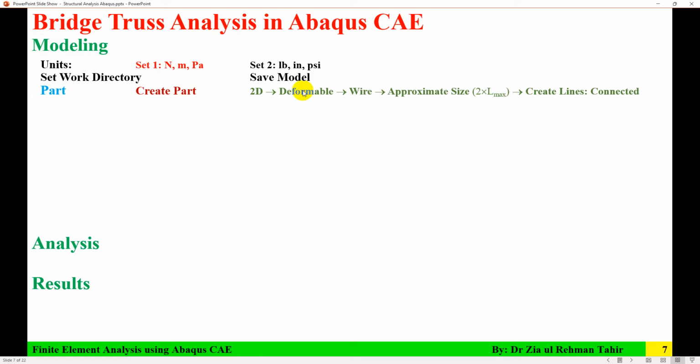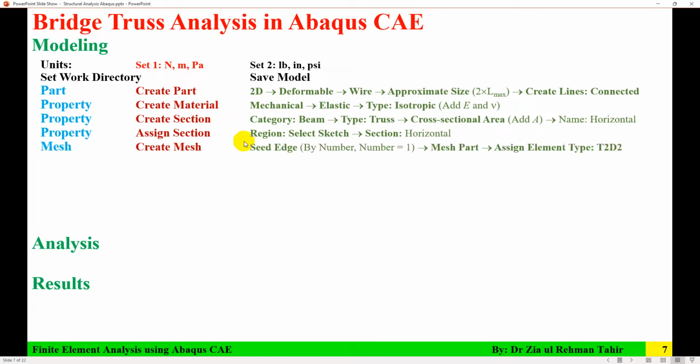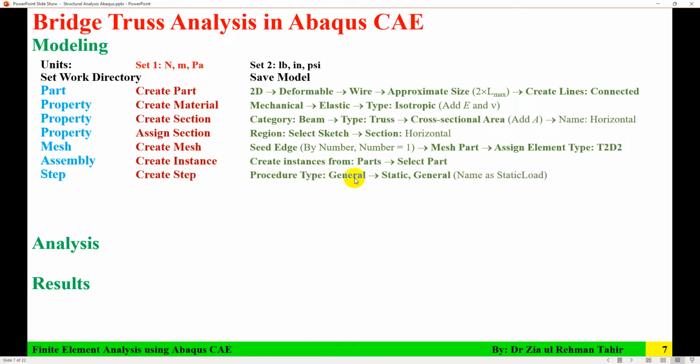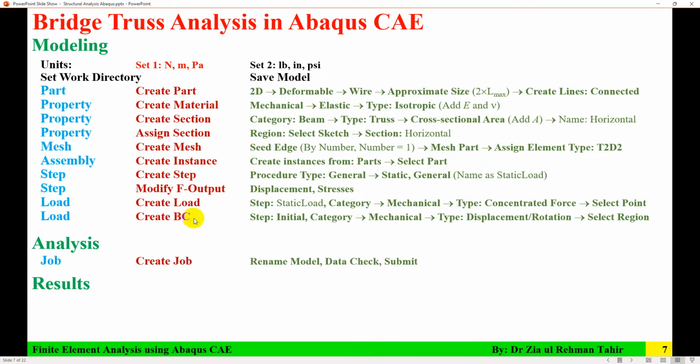Then I created the part, then the material, then created the section, then assigned the section, and then created the mesh, and then created the instance, then created the step, then modified field output to check what is required, and then I created the load, then created the boundary condition, then created the job, renamed the model, I performed a data check, and then I submitted the job, and then using the field output dialog I visualized displacement and stresses,